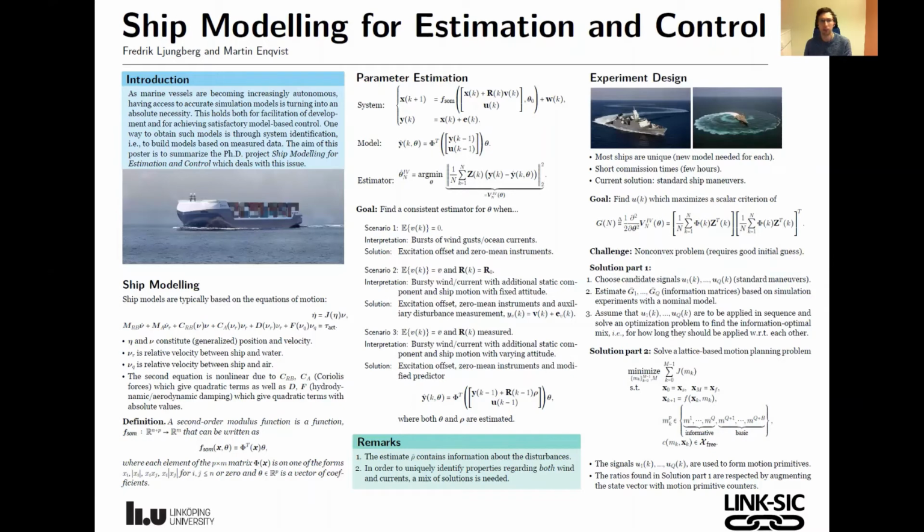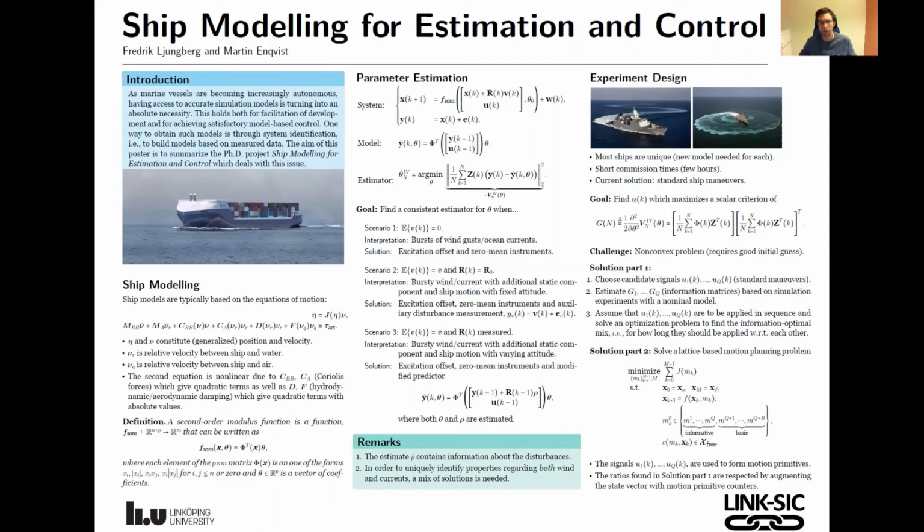A second sub-project has been about the design of data collection experiments. Here the goal is to find an input signal which makes the estimator sensitive with respect to the parameters. In general, this is a non-convex problem and solving it would require a good initial guess, which is not available. So our approach to solve the experiment design problem is quite simple, and the keyword is improved design instead of optimal design. We consider a finite set of input signals, which correspond to standard excitation maneuvers as depicted in the figure above,